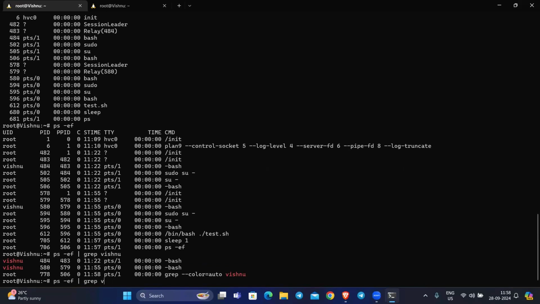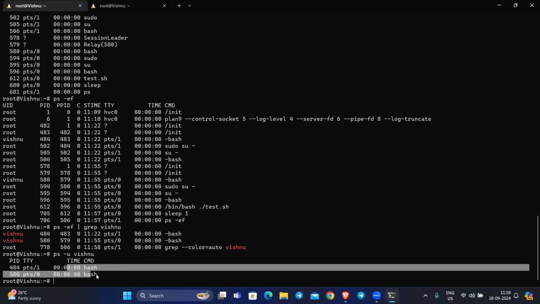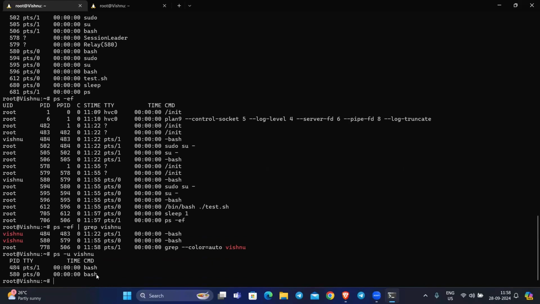But if you wanted to check directly from the command also, you can use one flag like -u then the name. So this is how you can check what processes are running for that specific user. Now this is all about the processes, what processes are running in the background and all. But